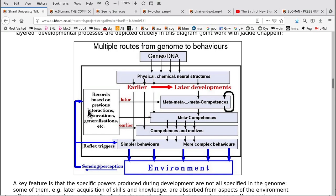These simpler behaviors can provide information that may be stored. It may be made use of immediately, or it may just be stored because it will be useful later. Then at a later stage, something new might come out of the genome which builds some new structure or some new behavior, which generates something a bit more complicated, perhaps more abstract, and that in turn can influence simpler behaviors and organize them to influence the environment, and then there'll be sensory information which will lead to more records. And this can happen in several waves of increasingly sophisticated